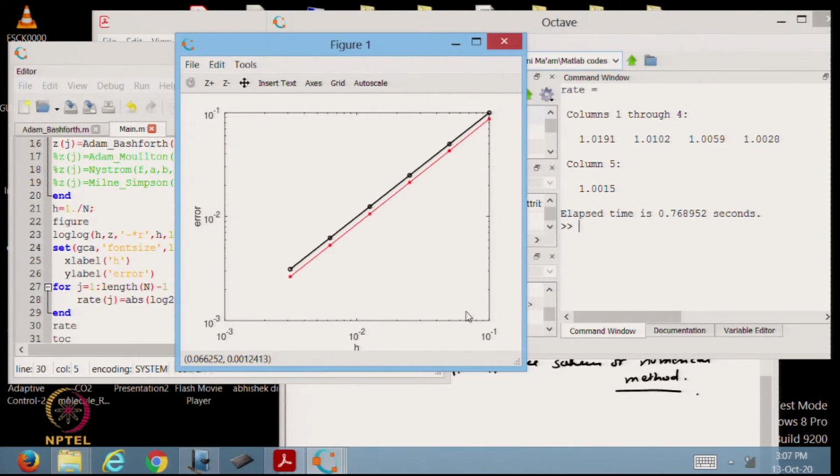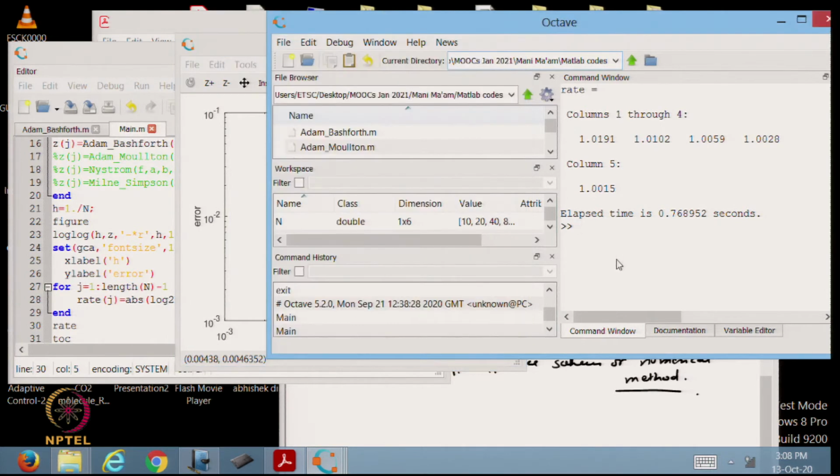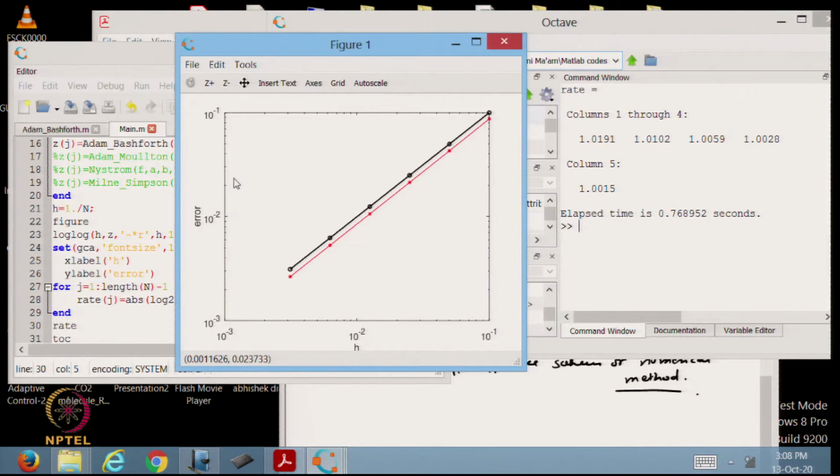From the figure you can observe the same thing which we were earlier looking at in the command window, that as h tends to 0, so basically we are moving to this side, our error is tending to 0. If you want to drop your error further, you have to work out for a smaller h and n will be increased. Then computation will also be increased. So, you have to decide yourself how much accuracy you want.